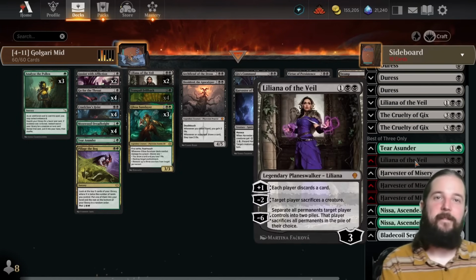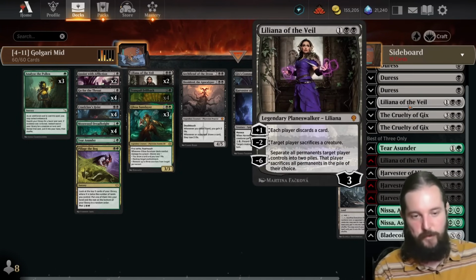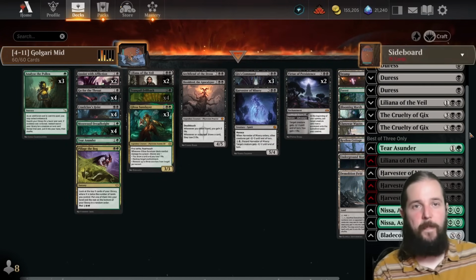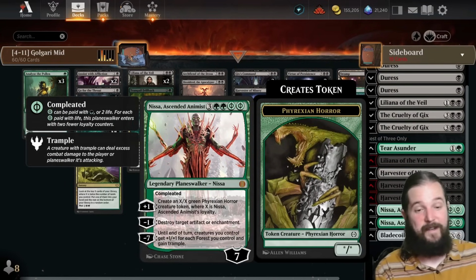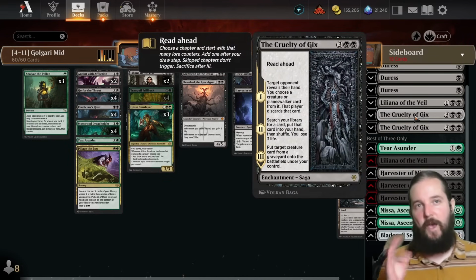Liliana of the Veil, to bring that one up to 2 copies, so we could also go super hard at attacking their hand. So you can almost play this like a Golgari discard deck, which I think is kind of cool. We have a second copy of Nissa Ascended Animist if they have a lot of artifacts and enchantments. And then we've also got, I already mentioned the Cruelty of Gix, I think, when you switch it into